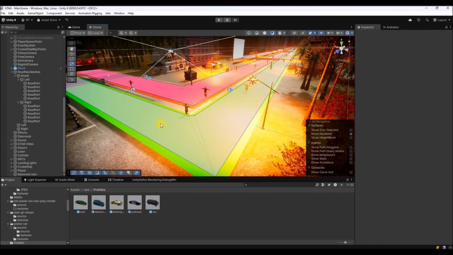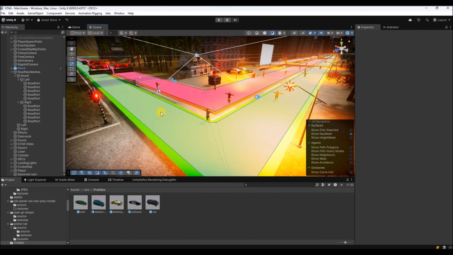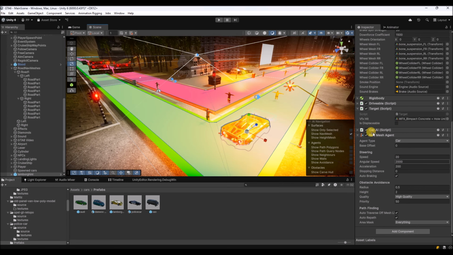Now that we have our navmeshes, we also need to have something to navigate on it. This is called the navmesh agent. So this can be a person in the case that you have a walkable area, but in our case it will be a car. So I have 5 prefabs over here, and to this prefab you need to add the navmesh agent. We make it of type car in this case, and we can set some properties,